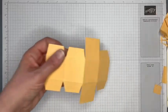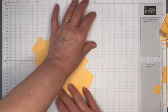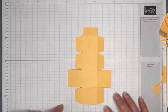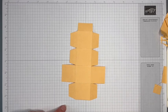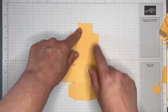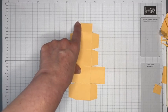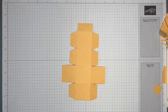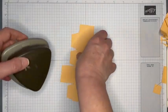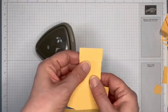Lots of little bits left over, but there we are. That is how it should look once you've done all your chopping. All right, I'm going to bring in my detailed trio punch to round those corners. And I'm just going to tuck those out of the way